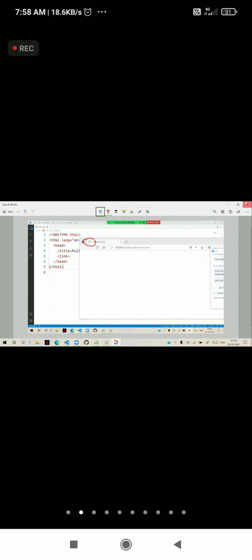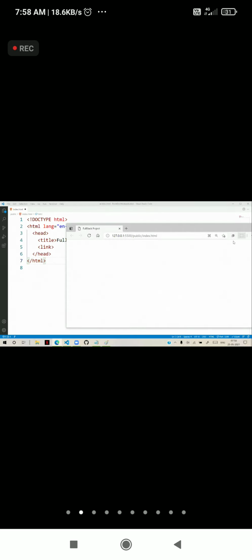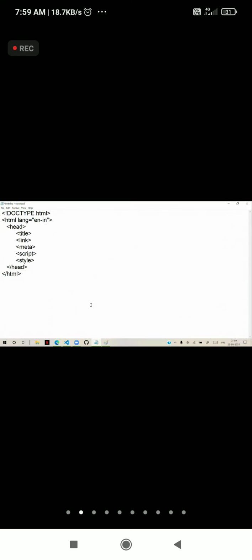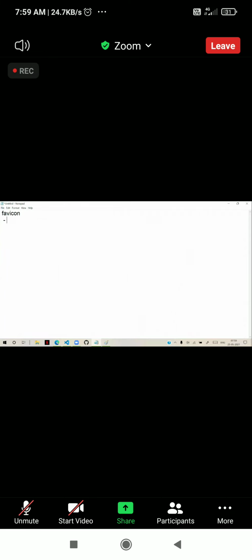You can keep your own favorite icons. That means you can put a proper icon. Amazon has an Amazon icon, Google has a Google icon. You can create icons, but while creating icons, you have to follow certain rules. Now, what are the rules? Generally, if you want to display a favorite icon, we call it a fav icon, it must have the extension .ico.